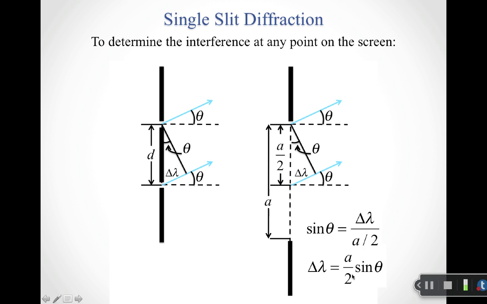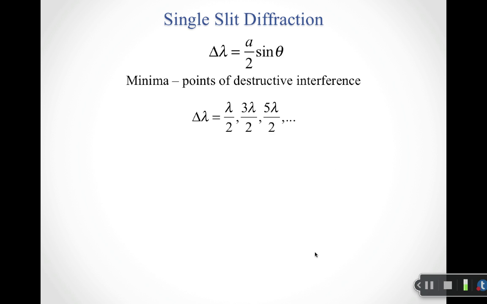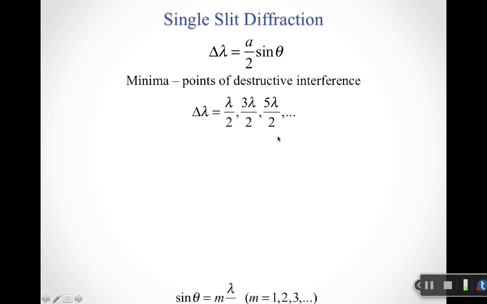And so the path difference is just going to be a over 2 times sine theta. If what we're interested in is points where we get cancellation, where we get a diffraction minimum, then I'm going to take this path difference and say that those minima occur because I've got destructive interference, which means I need path differences equal to half a wavelength or 1.5 wavelengths or 2.5 wavelengths. And so when I plug that in on the other side, this is going to cancel out, and I'm going to be left with